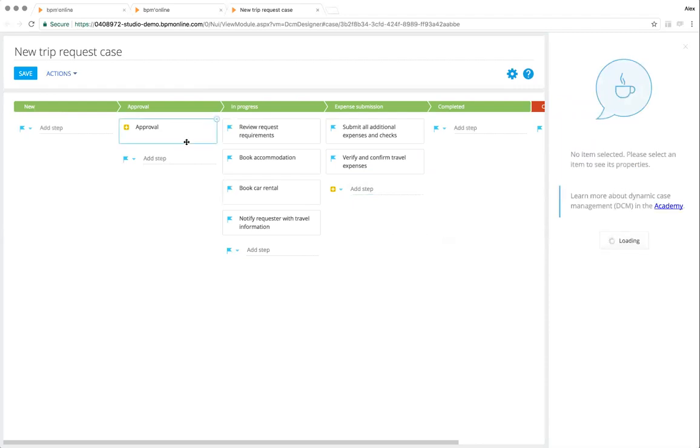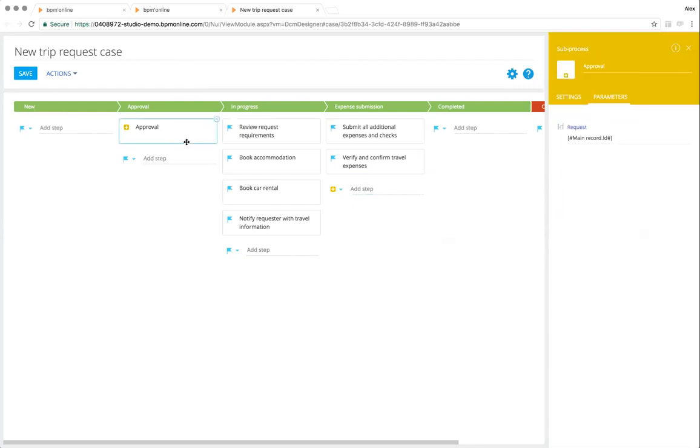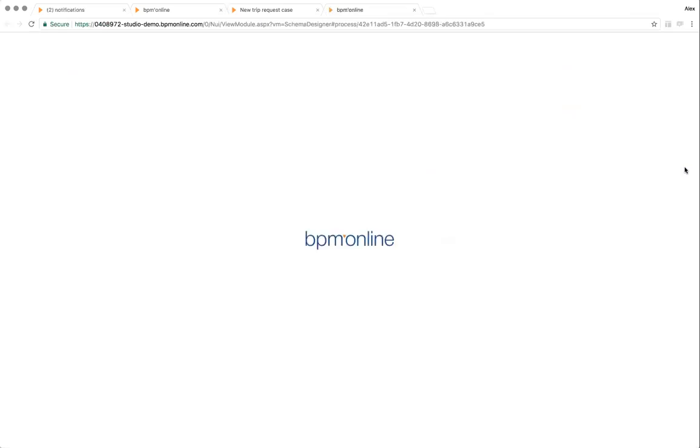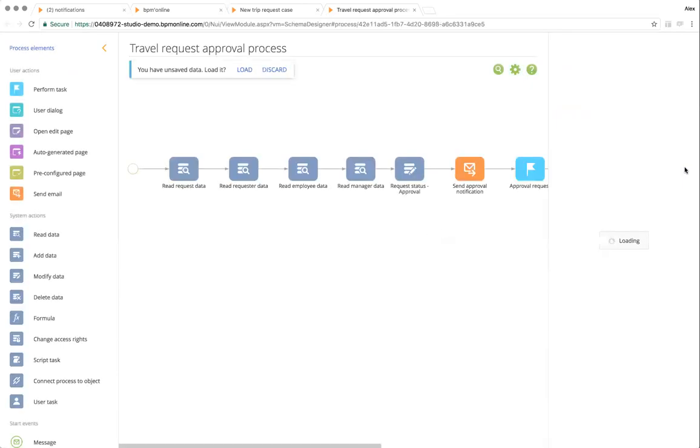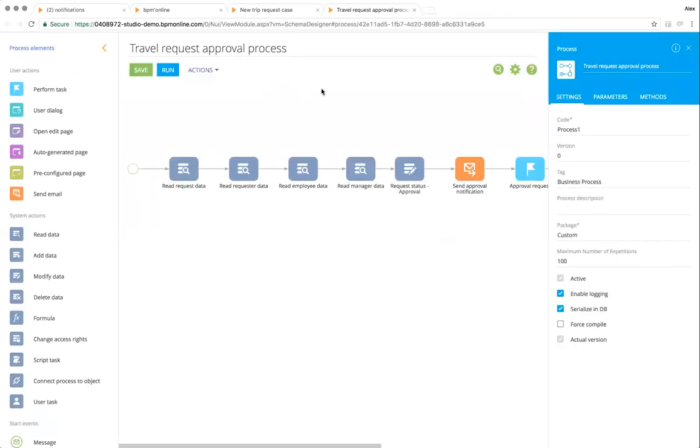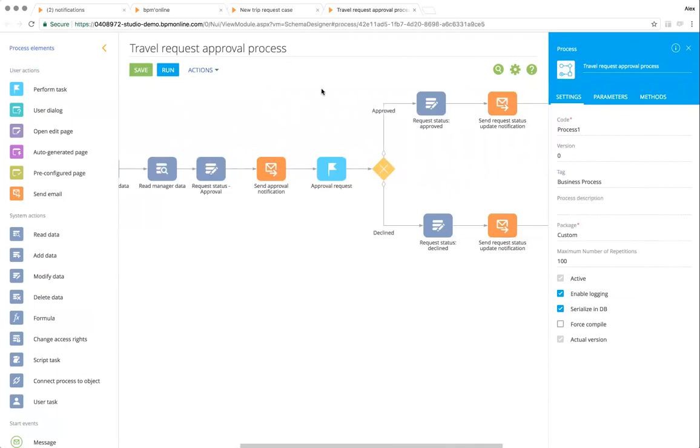Or, for example, if this is a more linear, sequential step approach, for example the approval process, they can as well use an embedded business process in the dynamic case management framework. And this is, of course, where we are providing more robust functionality towards how exactly the user should be operating, right? In this specific business process, we have a snapshot of an approval process once we are requesting a business trip,